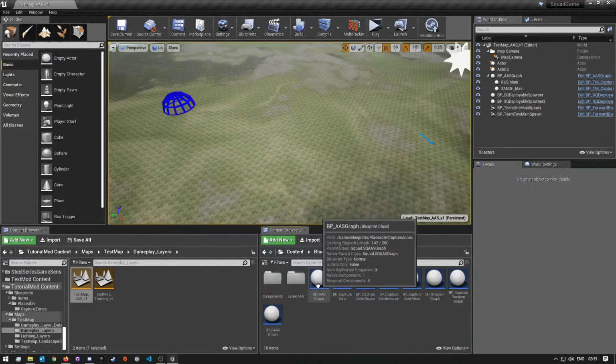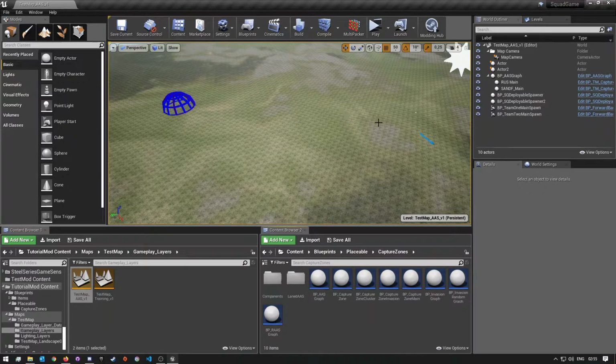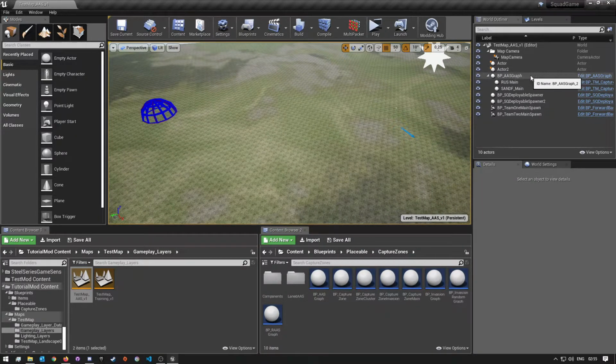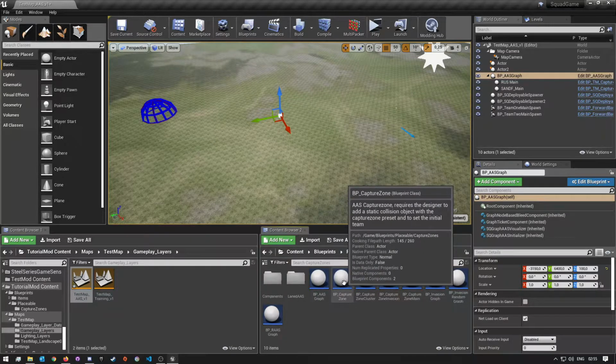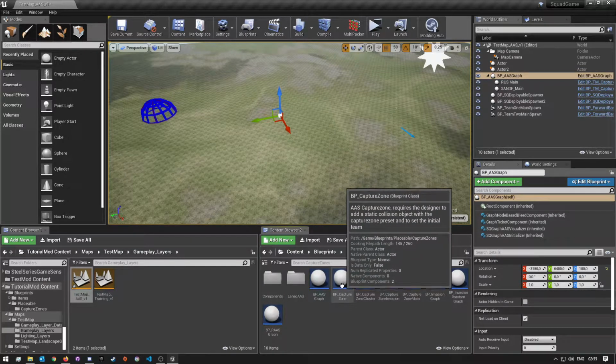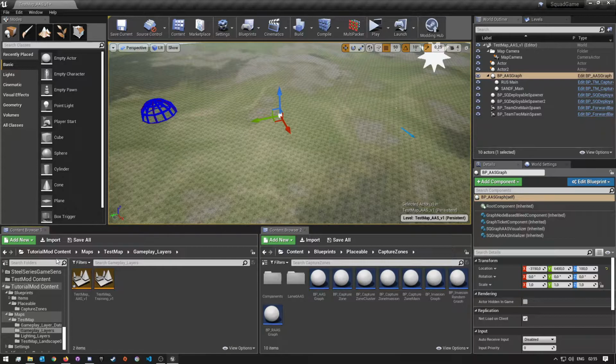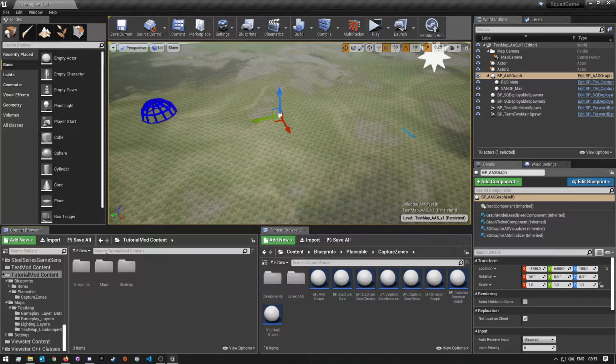Now, what you want to do is just drag this out and plop it in your world. And like you guys can see here, I already have it. And so once you've done that, you can basically put it anywhere you want. And then the next thing that you want to do is, as you can see, there's a BP underscore capture zone blueprint as well. Now, on my first content browser here, I'm going to go back to my main content